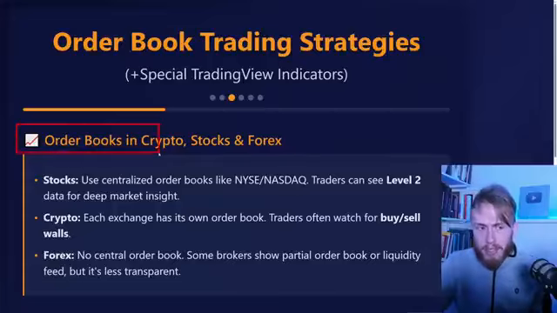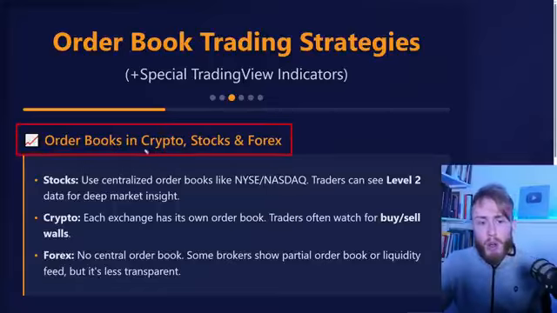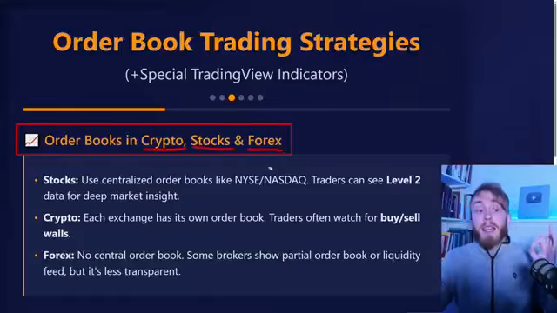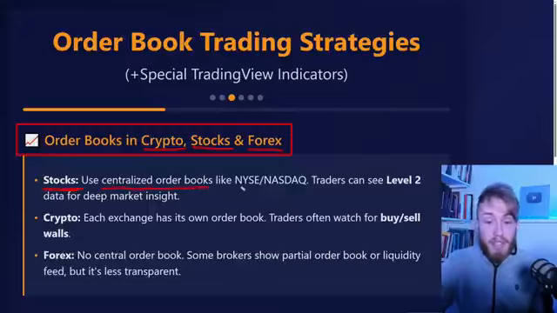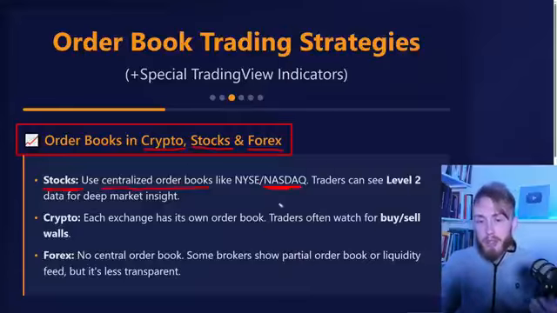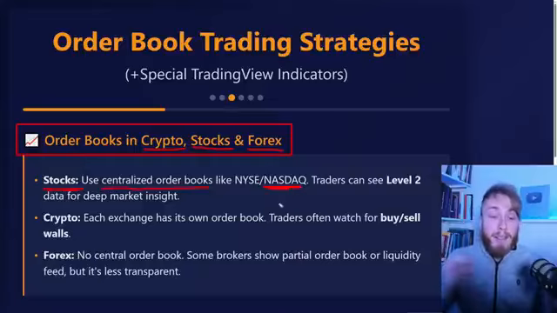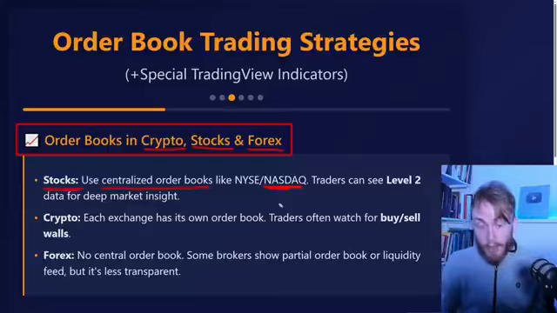Alright, so now let's take a look at the order books in different kinds of markets. Are you trading crypto, stocks, forex, or maybe something else? This is important for you. So first of all, stocks use a centralized order book. Like, for example, you might have heard of the NASDAQ, or if you are not from the US, you probably have many different exchanges in your own country. And for stock markets, it's basically the exchanges that have these order books, and traders can see level 2 data